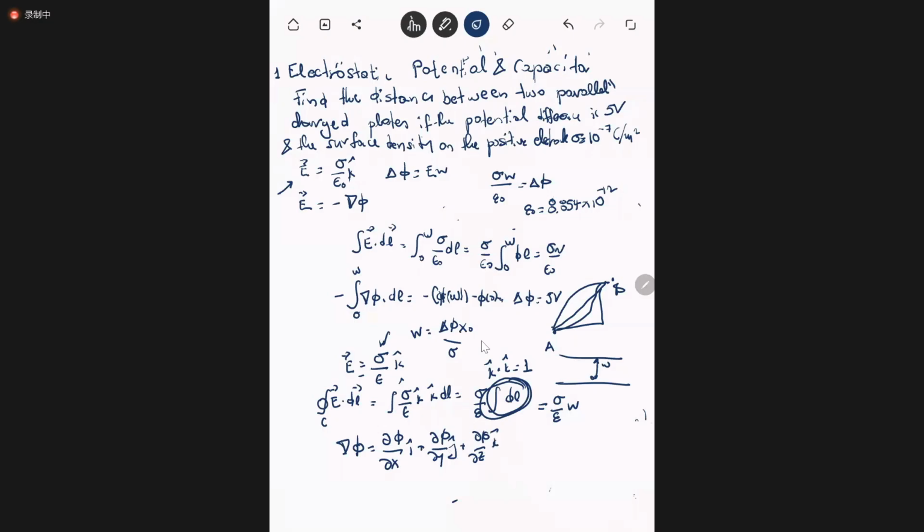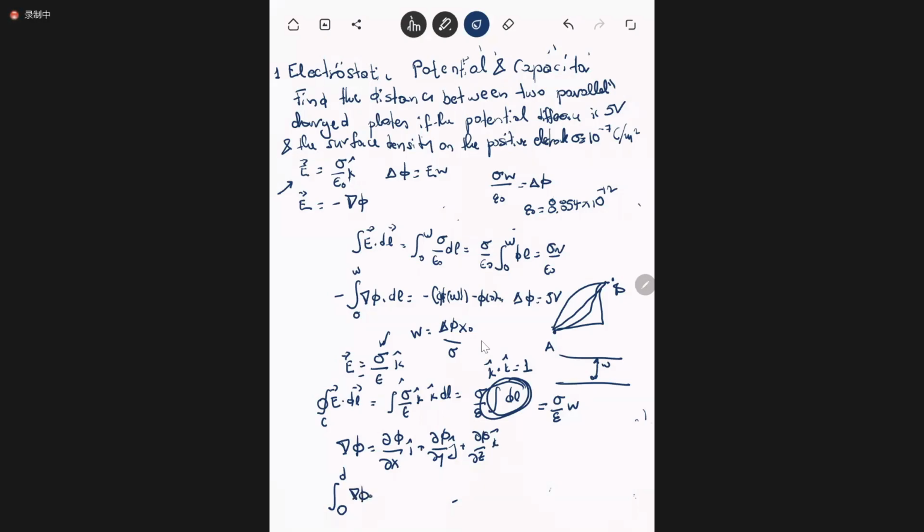Keep in mind, this is only true for Cartesian coordinates. If you go to polar coordinates or cylindrical coordinates, or you go to spherical coordinates, the expression here will be different. And most of the time it's much more complicated, especially for spherical coordinates. Anyhow, if we do the exact same thing, if we take this from 0 to d or w, whatever you want to say, the distance of